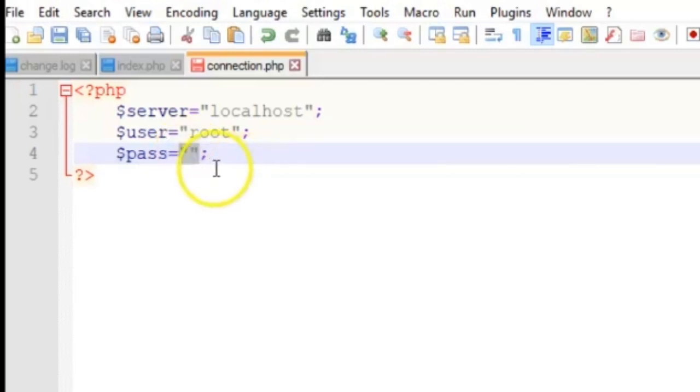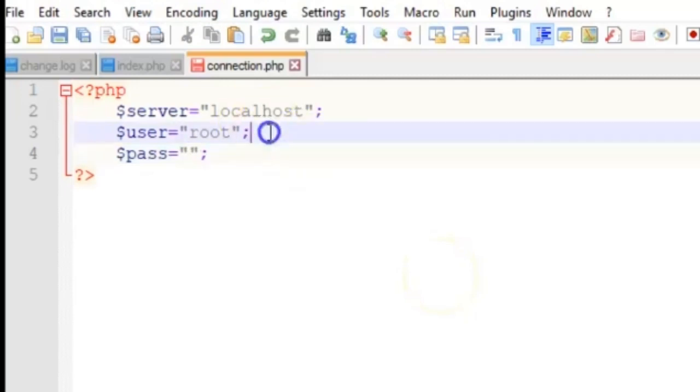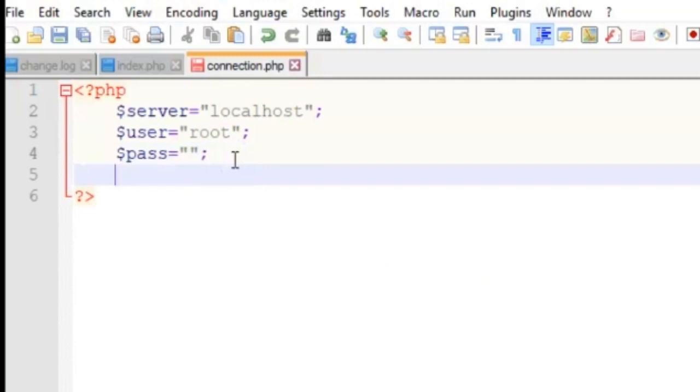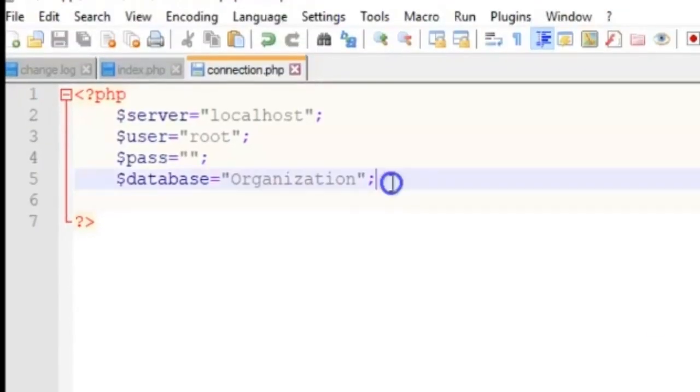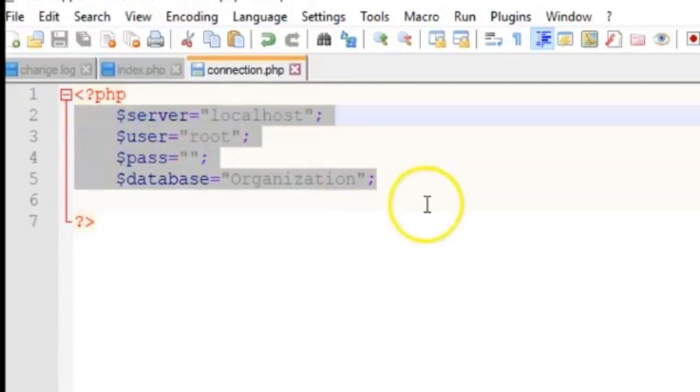Please keep in mind that in this double quotation there is no space in between, because when you type a space here, it means this user has a password as a space character. After that, MyDB is called organization. This is the name of our database here. Now we have specified all the necessary variables that we are going to use when we are creating a connection